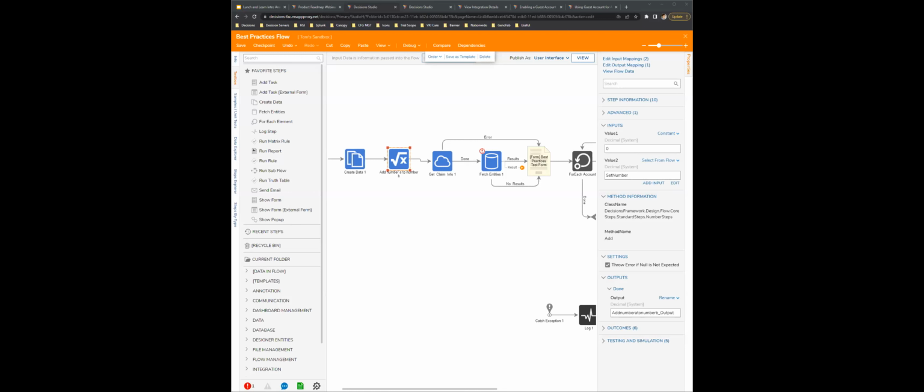Do we have any questions? I see one from Jeff, a question regarding being able to get a list of files from a network drive. So much like the list files and directory steps, but as